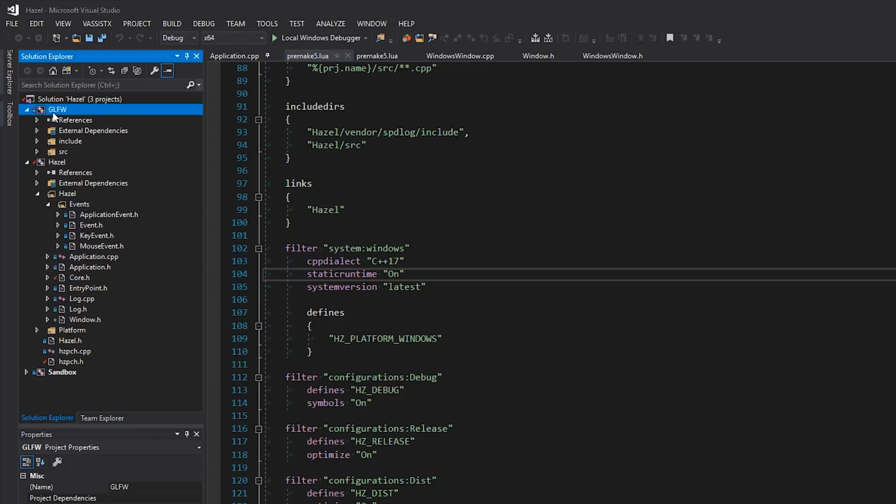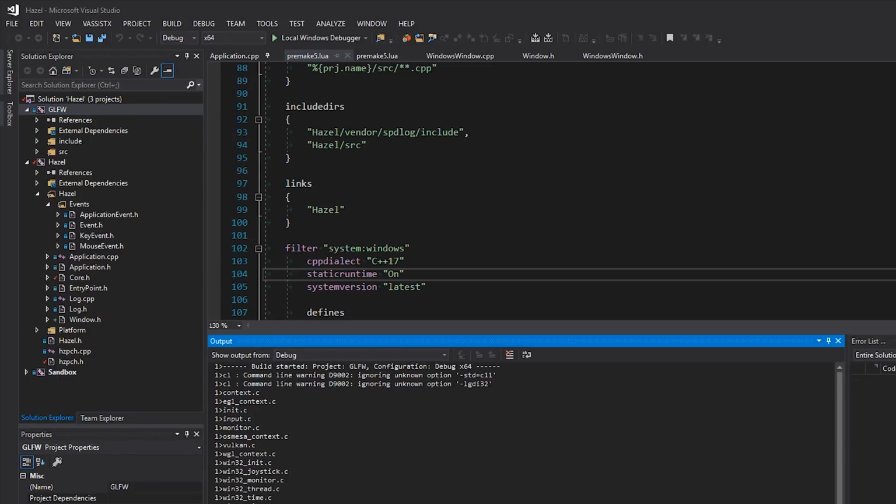Let's try and compile that in debug x64. Hopefully this compiles successfully. I haven't actually done this. Okay, so there's some unknown options. I'll clean that up in the GLFW thing. I don't know, this is just trying to